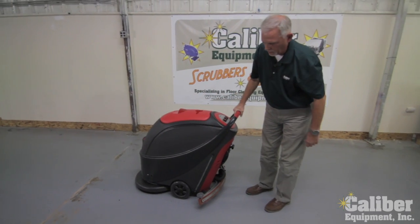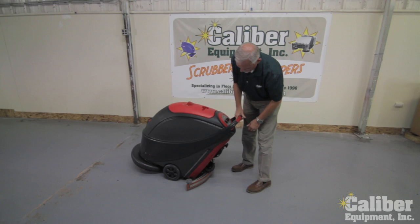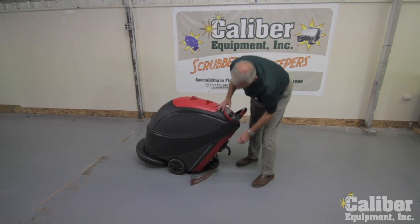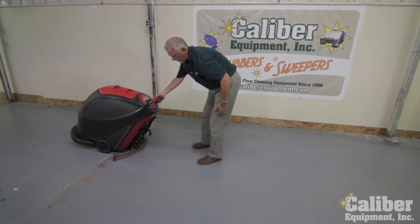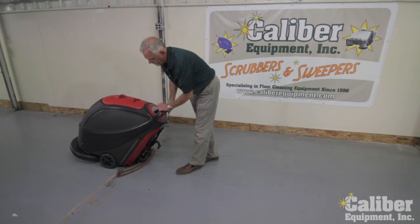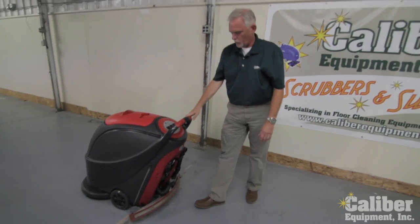Now if you just need to pick up a little bit of water that's left over, I can do that by simply turning it back, turn on the vacuum, drop the squeegee, and now I can just slide it along and pick up any water that I might have missed. And then when I'm done, simply raise up the squeegee,